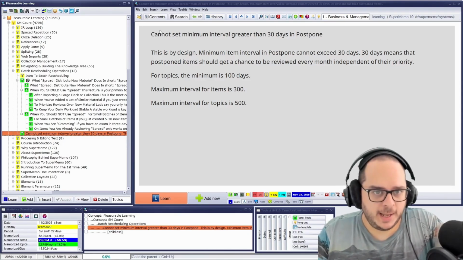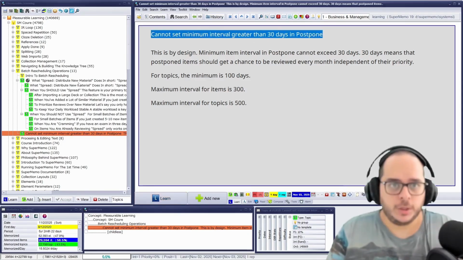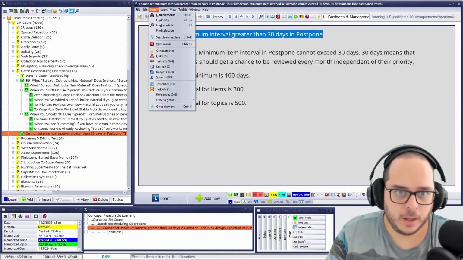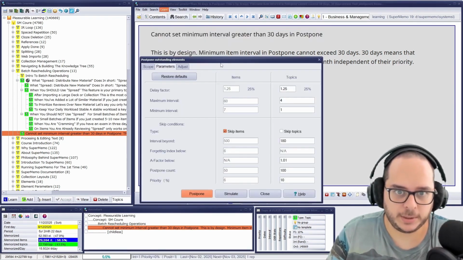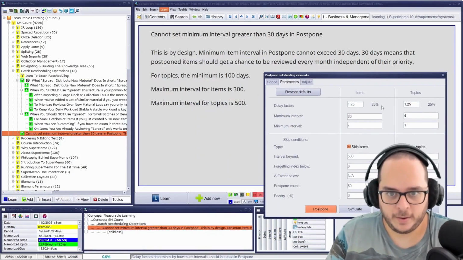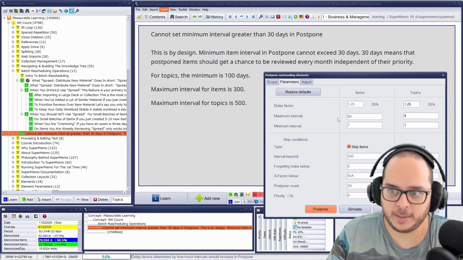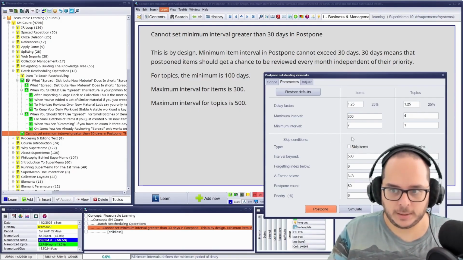Then you could say, hey, I cannot set the minimum interval greater than 30 days in Postpone. So you remember, learn Postpone Parameters. Here, I can say, for items, the maximum 300, and the minimum is 10% of that.